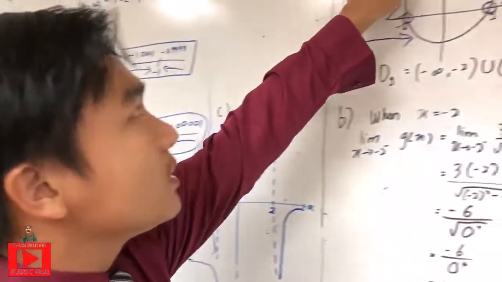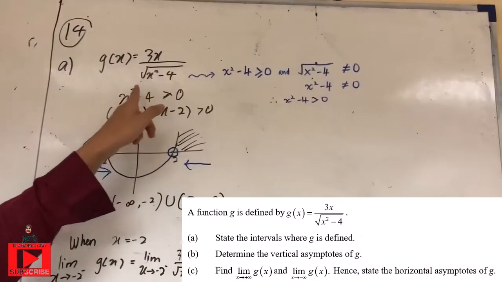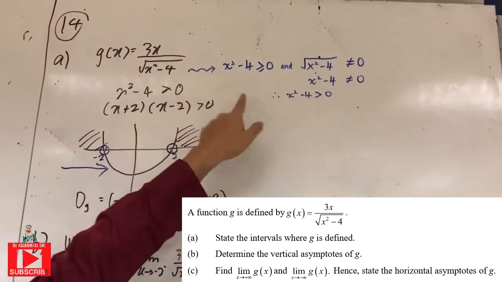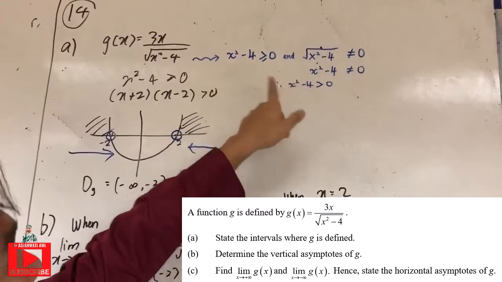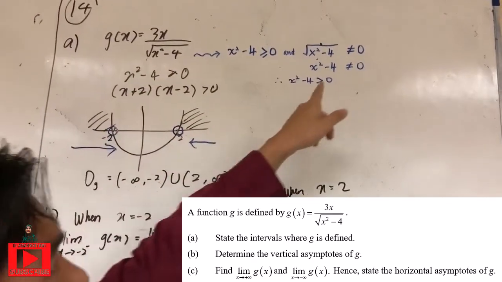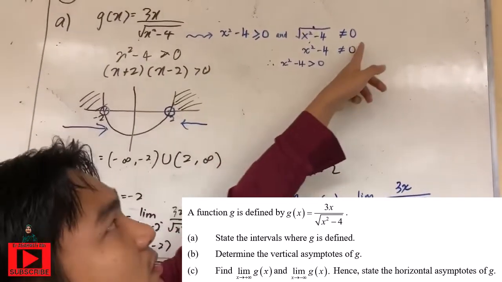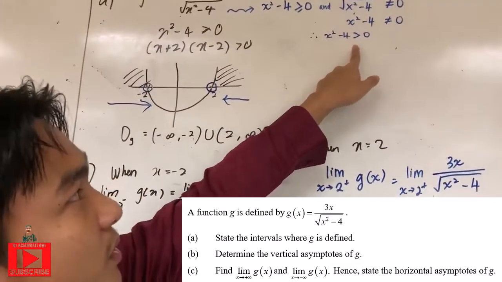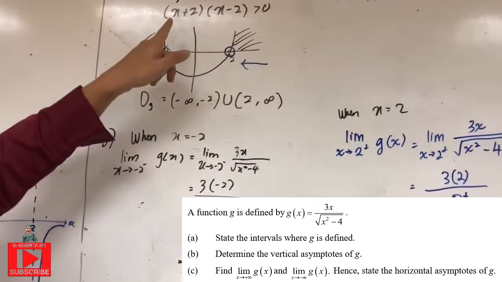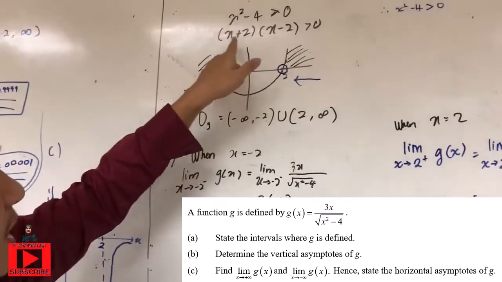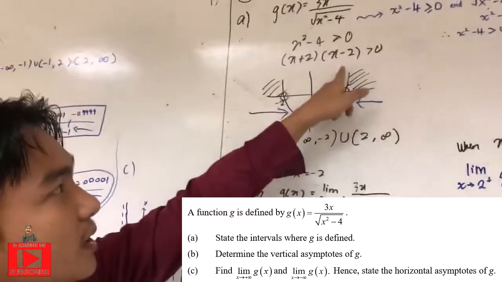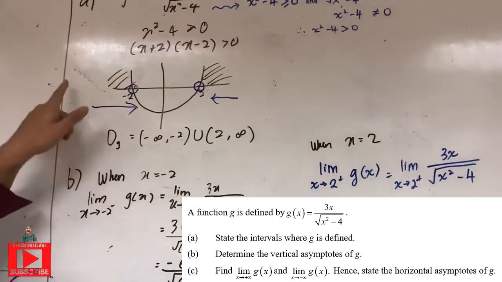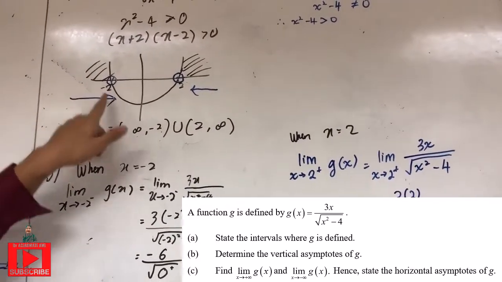For question 14, given g(x) equals 3x over the square root of x squared minus 4, we know that x squared minus 4 must be greater than or equal to 0. And also, this denominator must not equal 0. When we combine these two conditions, we get x squared minus 4 is greater than 0. From this, we find the values of x, which are negative 2 and positive 2. And we sketch the quadratic graph, and we get the domain from negative infinity to negative 2,